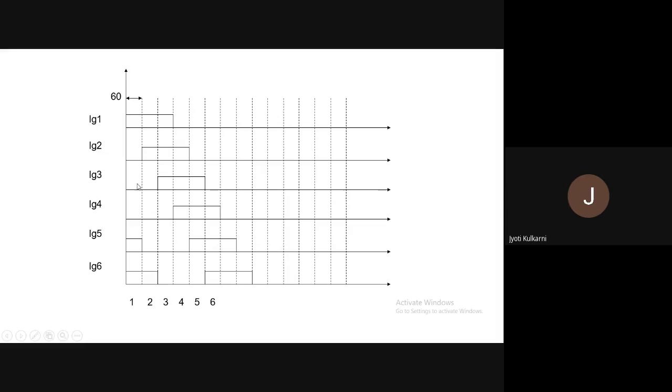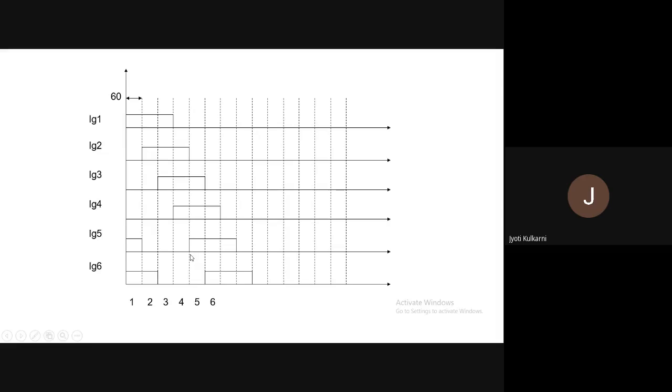Now, see, in IG1, this side, no interval, negative y-axis. Here also, IG2, negative y-axis cannot have conduction. Here also, I have two steps only, or two intervals only. Here I have only three intervals. But for IG5 and IG6,